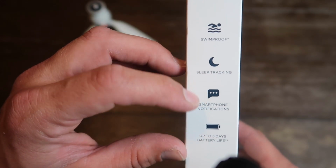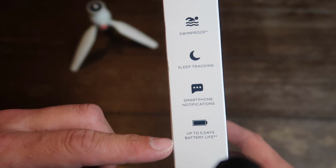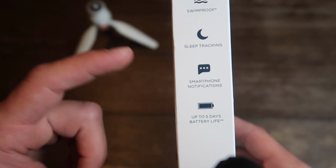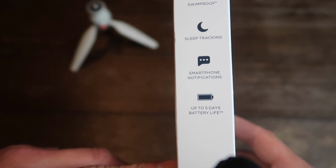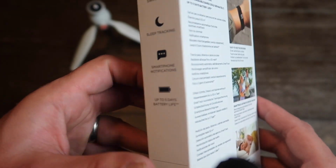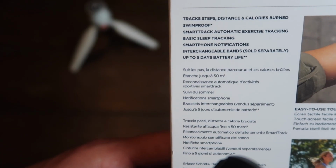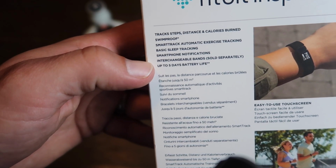Offers sleep tracking, smartphone notifications, so if you get a text message or a phone call, it'll show up on your Fitbit. I don't believe that you can reply to them on this device though, but you can at least see that someone's calling and take a quick look at your wrist and see if you want to talk to them or not. Battery life is up to 5 days depending on how much you use it. I will say that Fitbits generally do last pretty long and they're pretty close to what they say, maybe even better. So this will track your steps, I'm reading up here, distance and calories burned, swim proof, has smart track,